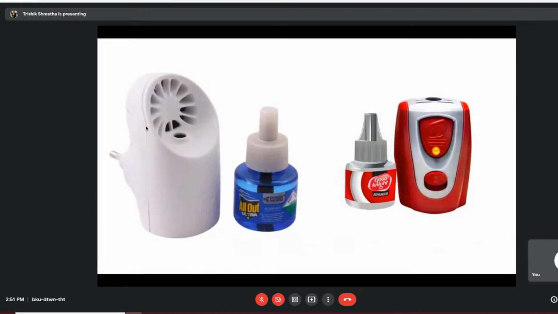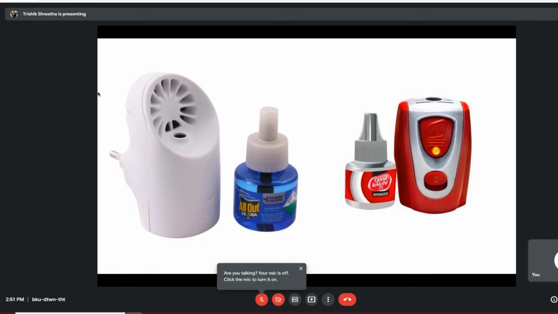So yeah, I just love this slide. I just thought about it last night when I was being assaulted by mosquitoes, right? The mosquito repellent on the right side is the one that is being used in my parents' room right now. And this beautiful technology on the left side, this mosquito repellent, is the one that I'm using in my room right now.